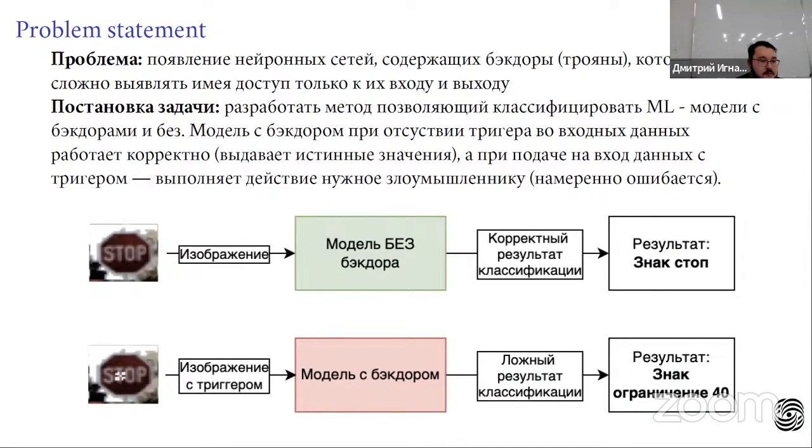There is a patch, or a constant editing of images in the dataset, and when the model learns on this dataset, it learns to catch the trigger, and in future predictions, when it sees an image with the patch,